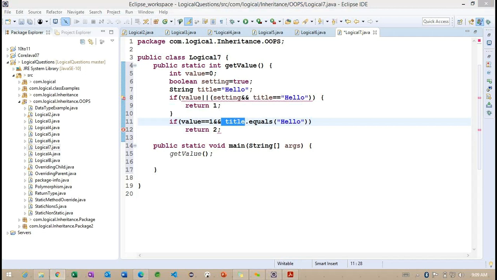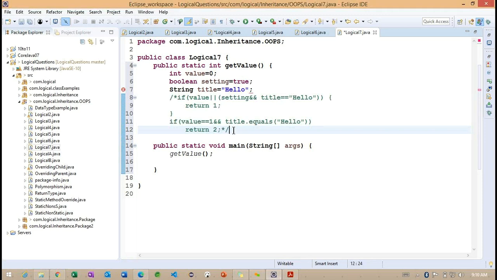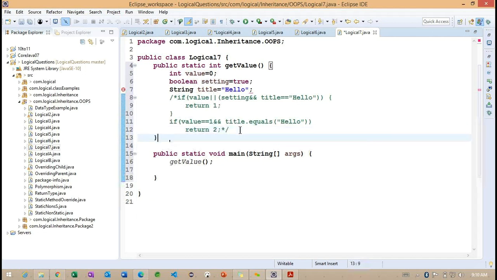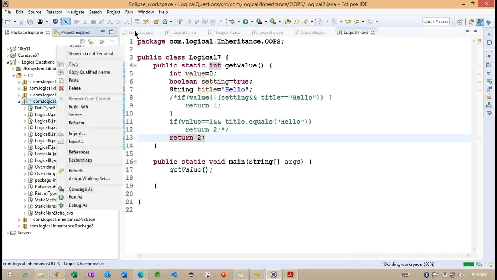Now you need to understand one more question here. So let me add a ternary operator. I'm going to comment this section and write one more example.